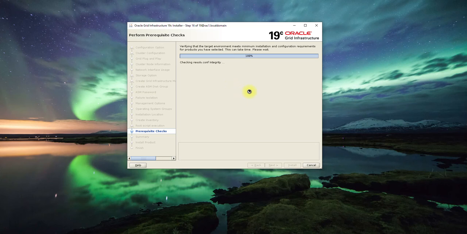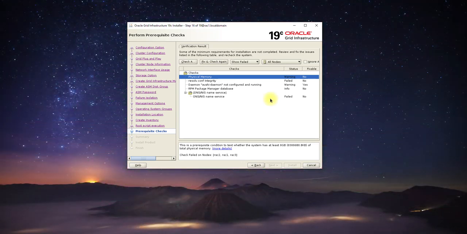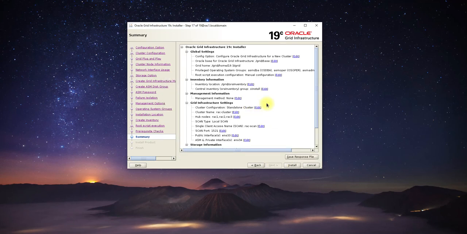Other things you cannot resolve because you need a DNS server to resolve them, and we will not be using a DNS server here. For more information on how you set up a cluster using DNS, and register the scan IPs and virtual IPs into the DNS server, you can look at my video on how to install Oracle RAC on 12c Release 2 multi-tenant. Okay, now you don't see that issue. You can just say ignore and let's move on.